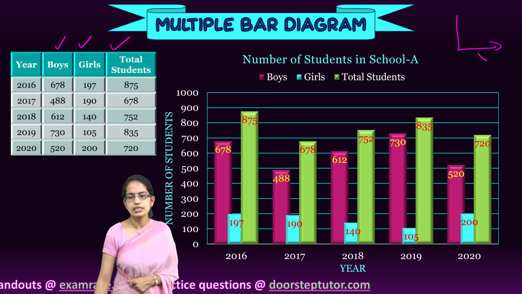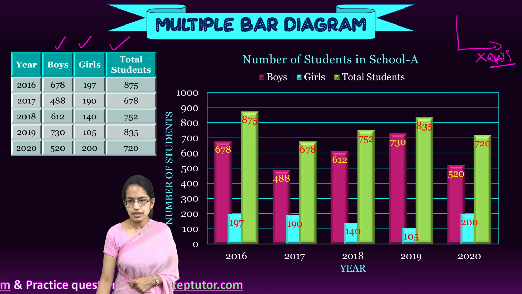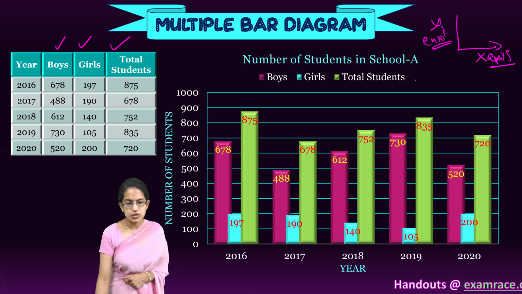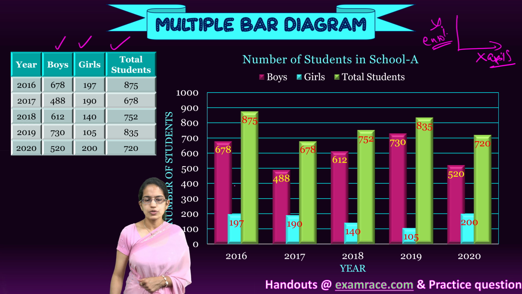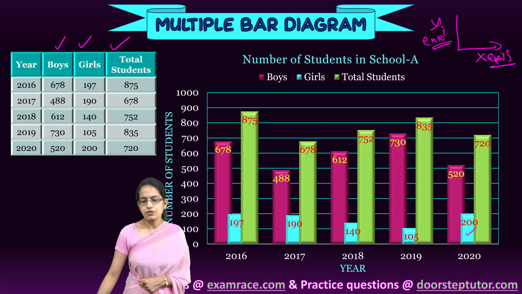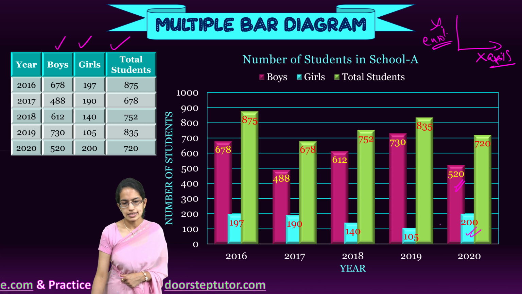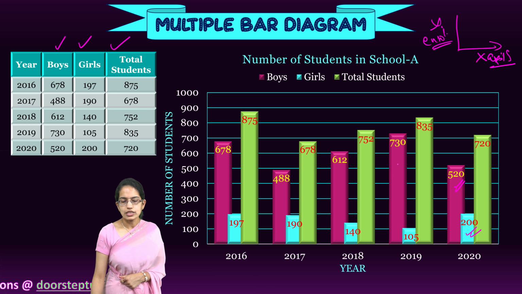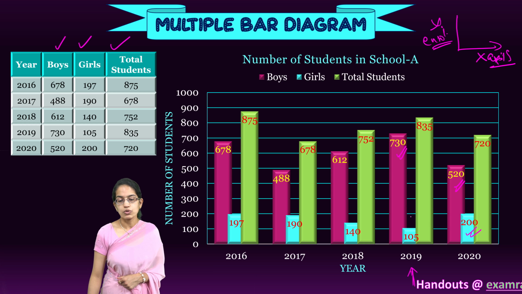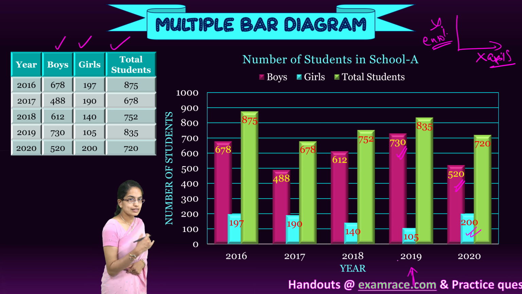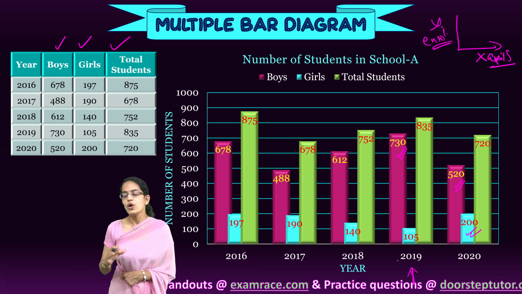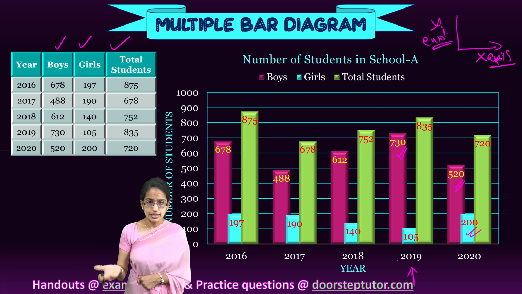Again the concept remains the same. I have the x-axis where the year is mentioned, and the y-axis where I am mentioning the number of students who are enrolling for the given school. Again, if I look at the graph, I can see the girls' enrollment has increased for 2020. However, the number of boys enrolled for this school has significantly decreased. The scenario was not the same in 2019, where the disparity was very high between the enrollment of boys and girls for this school. So again, if you are part of the research, you can show different bases on which this categorization could be done.